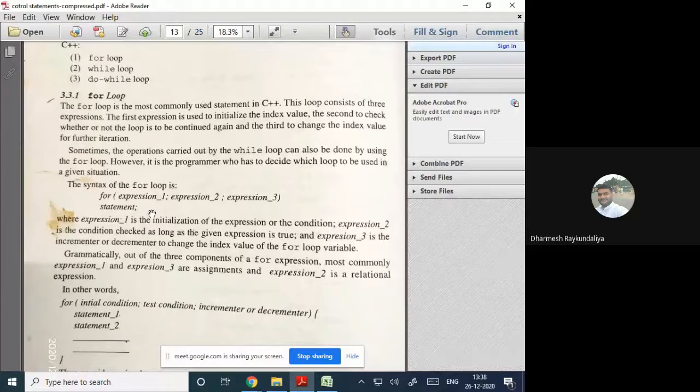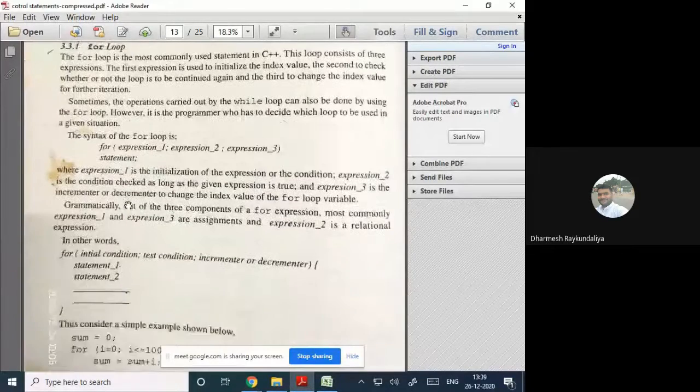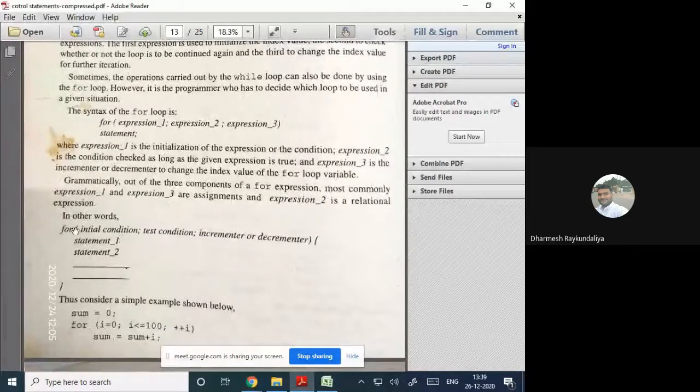But if you wish to execute more than one statement, then you should write them in the form of a compound statement. So for example, the first expression is the initial condition, the second is the test condition, the third is either the incrementer or decrementer, and if you wish to execute a group of statements, then we have to use the compound statement.